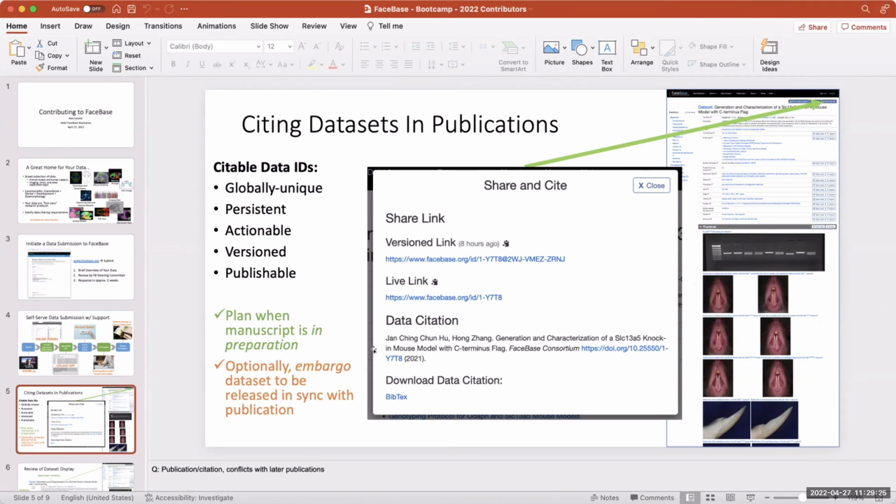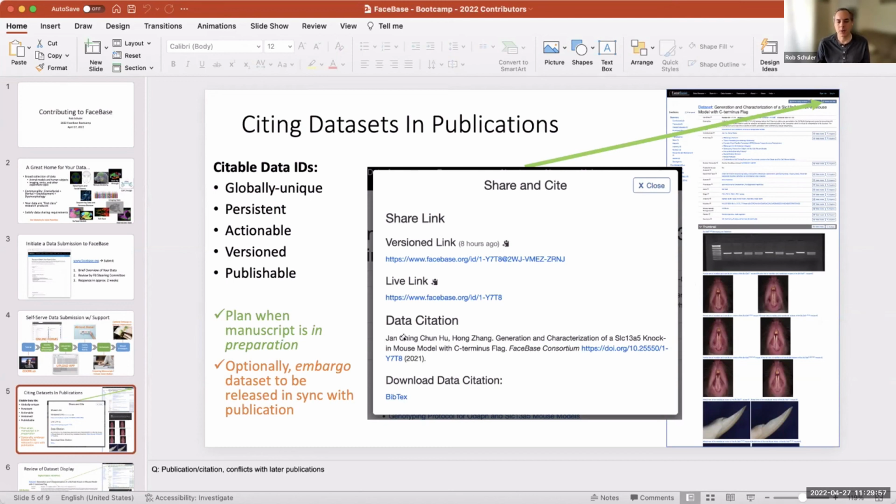Okay, this is pretty straightforward. So let's say we will be using some data which we were able to get from FaceBase. Are we going to cite that we use this data from FaceBase? Is FaceBase going to be also referred to in the literature or in references, or just the original author? Just the data